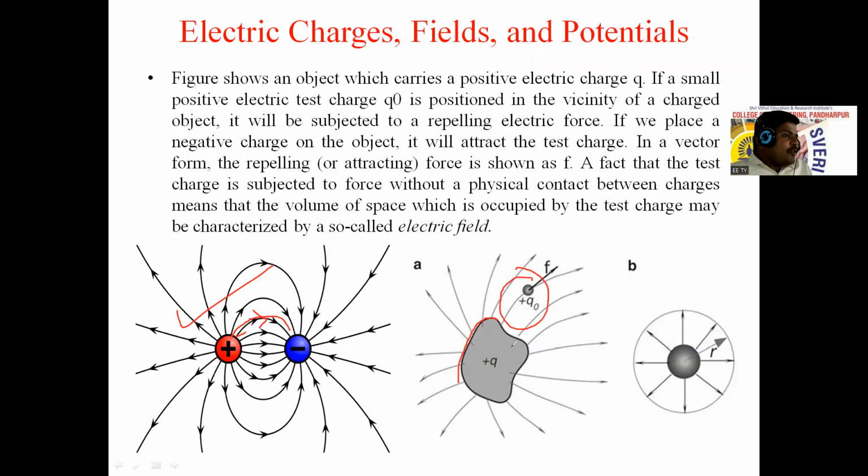If it is exposed in the vicinity of this charged object, म्हणजे तो Q0 जो आहे चार्ज्ड ऑब्जेक्टच्या विसिनिटी, म्हणजे त्याच्या जवळ आपण प्लेस केलं. What will happen? Object is having a positive polarity, this test charge is having a positive polarity. What will happen? कन्सेप्ट लक्ष देतोय का तुमच्या?